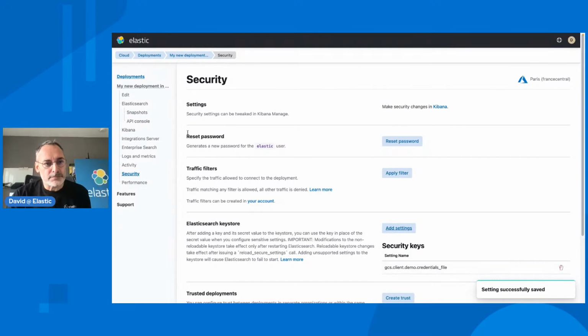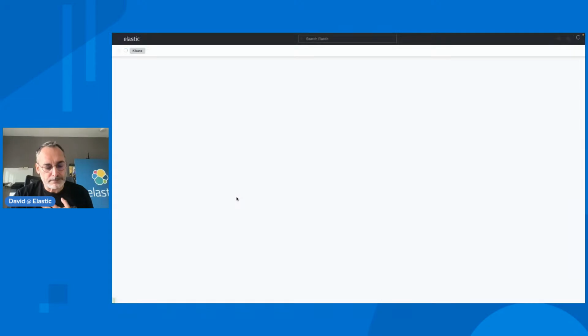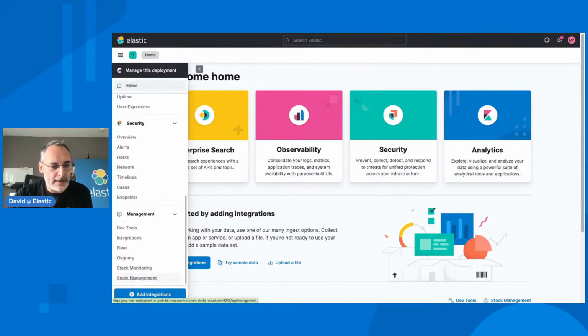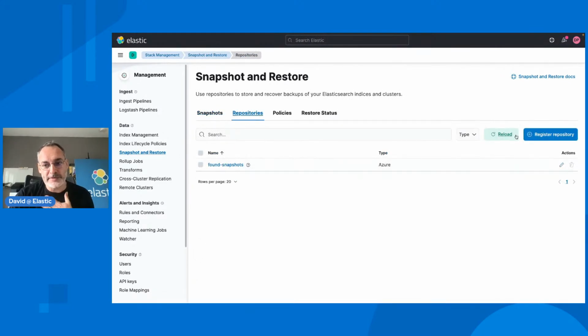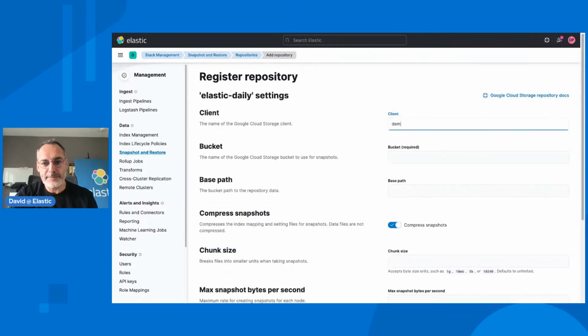So now what we can do is go to the deployments, open Kibana, and I need to zoom in. Go to the management part, Stack Management, Snapshot and Restore, and we can add here a new repository. Register the Google Cloud Storage repository that we want to use. Let's call that Elastic Daily, why not? Here, the client will be demo, and the bucket name is, oops, not this one, the Elastic Daily Bytes that we saw